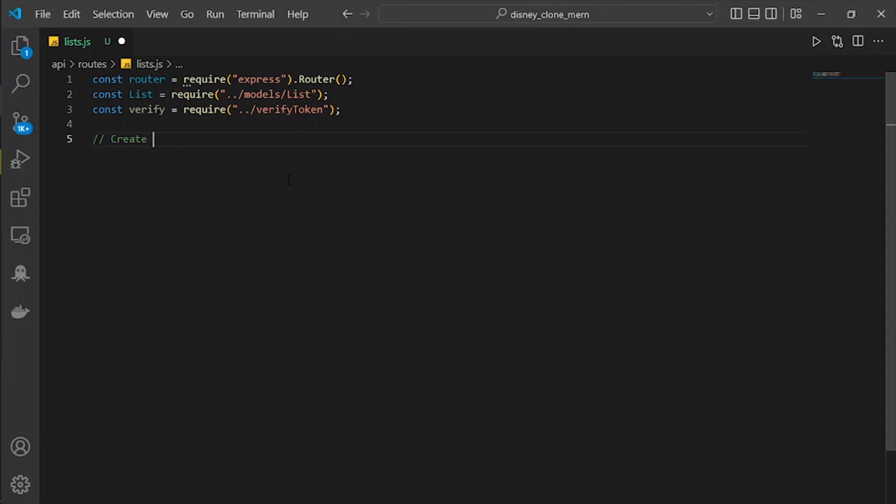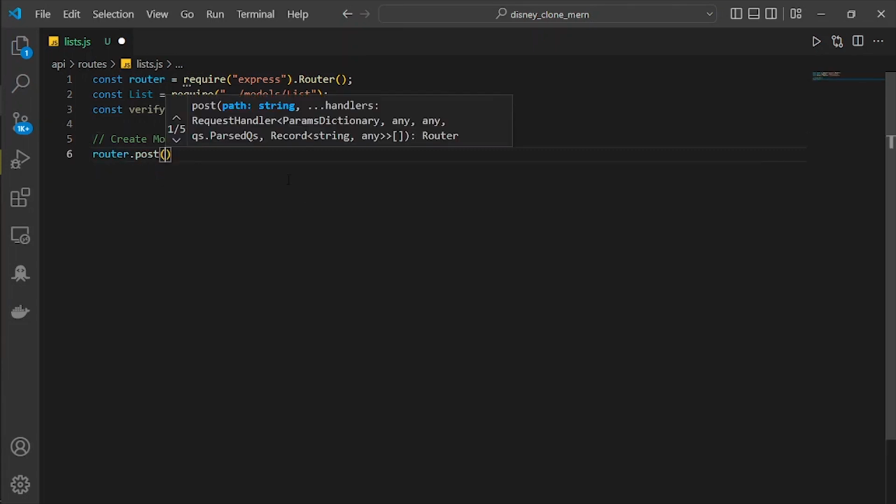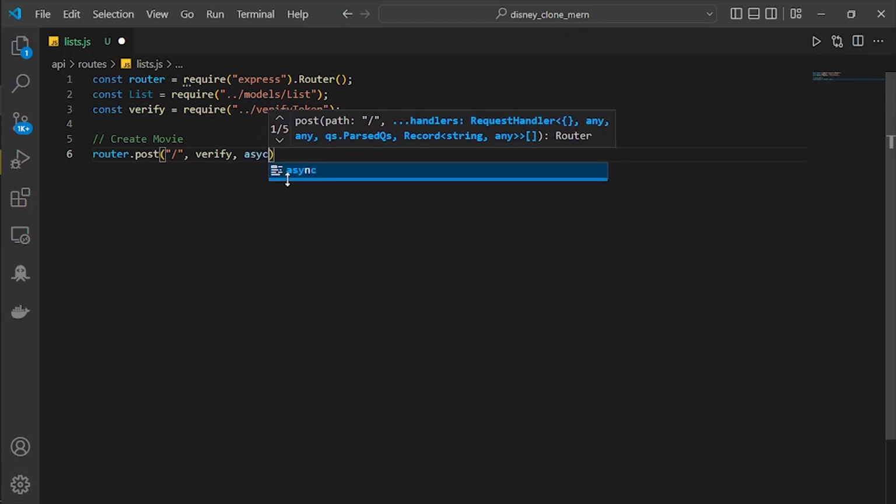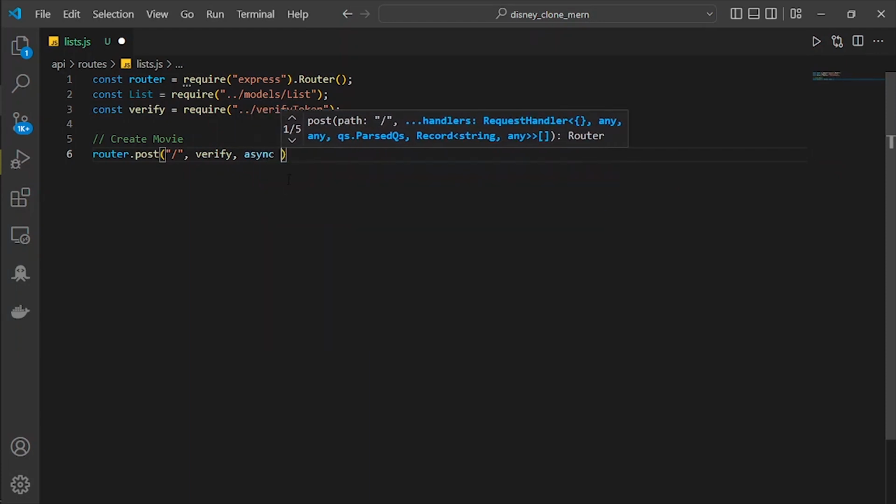I thought it was some error, but what really happening is we don't have any movie yet. So create movie and then router dot post. For this one is just going to be slash, and sure you have to log in or maybe have the token to access this route,